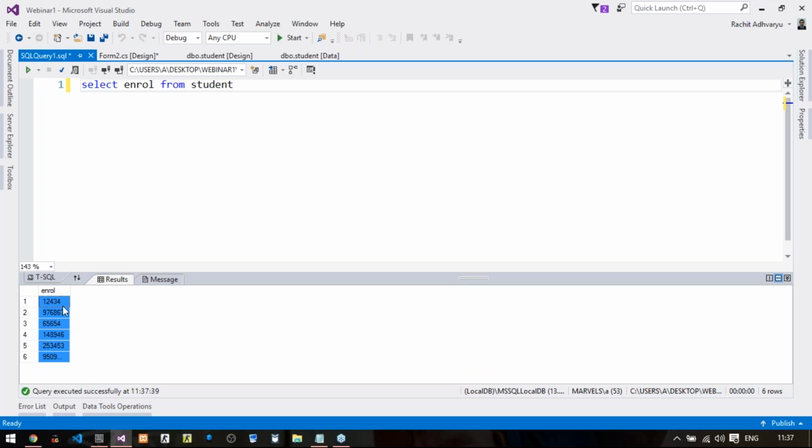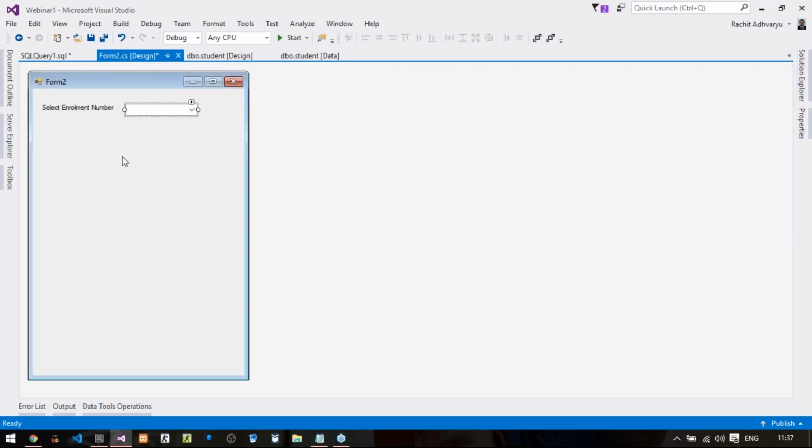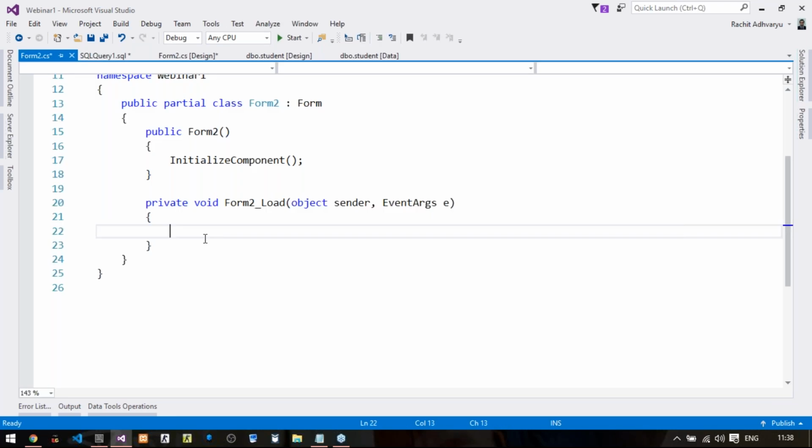So this output must be merged to this combo box. And this should be done whenever your form is executed first, that means whenever your form has been loaded. So we are going to write the code for it in this particular event called form2 underscore load. It means whenever this form is executed, we are going to fetch the data from the database